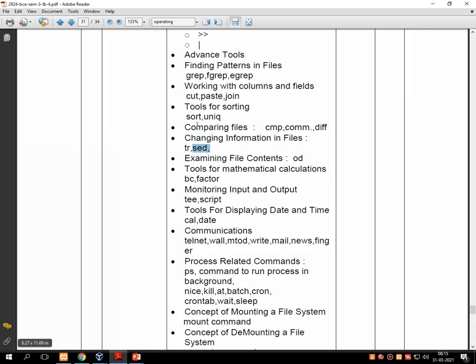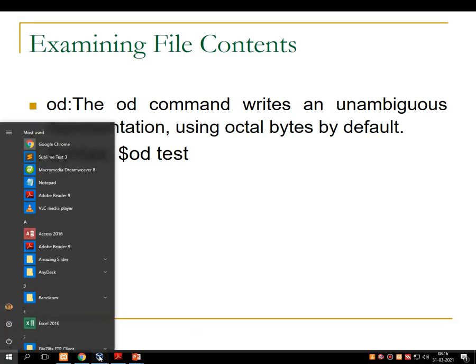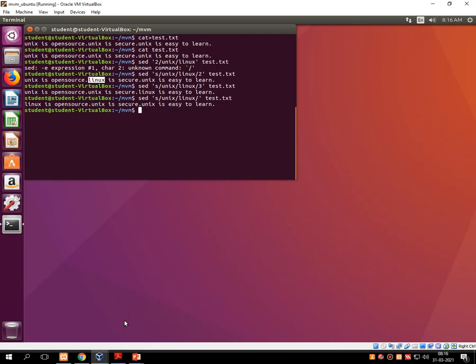Next group of commands that we have to discuss is examining file contents using the command called od. The od command writes an unambiguous representation using octal bytes by default. That means it will print the information which is stored inside the file in the format of octal digits.